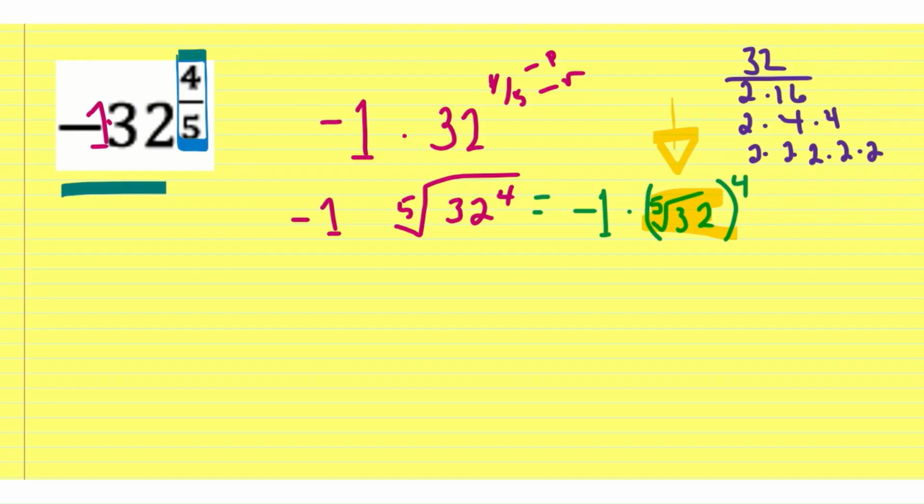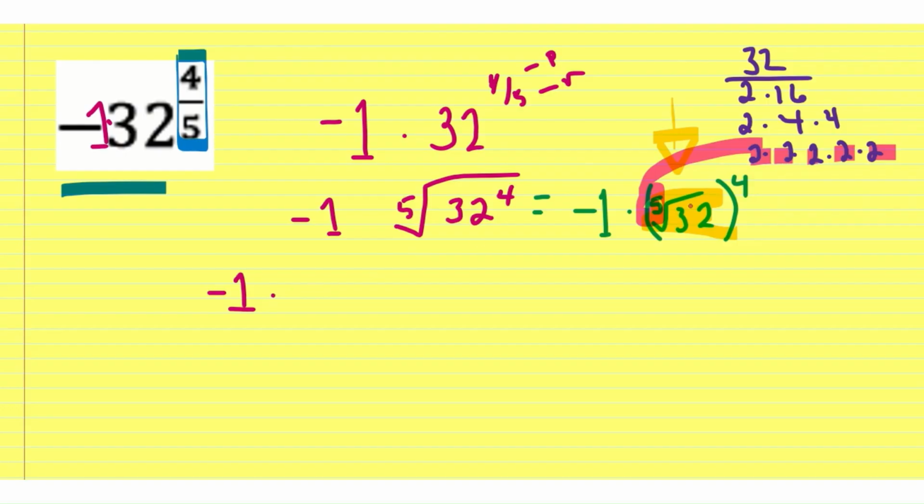Magically, I have 1, 2, 3, 4, 5 2's, which means I have a fifth root. So that means that the fifth root of 32 is 2. So I can do that. Yay. Okay, so it's going to be -1